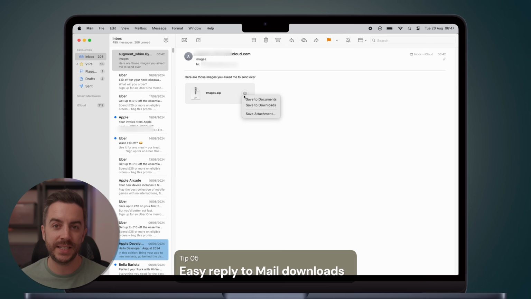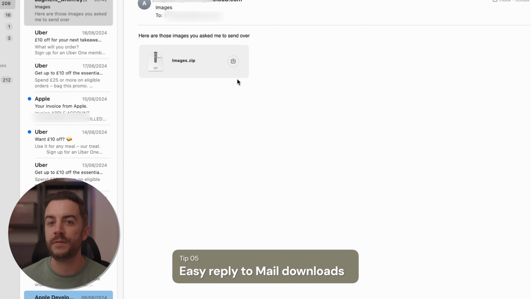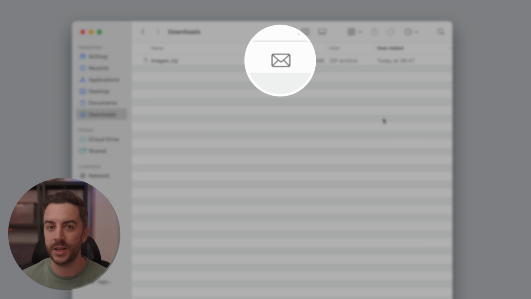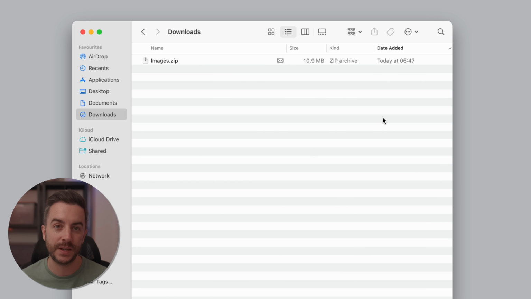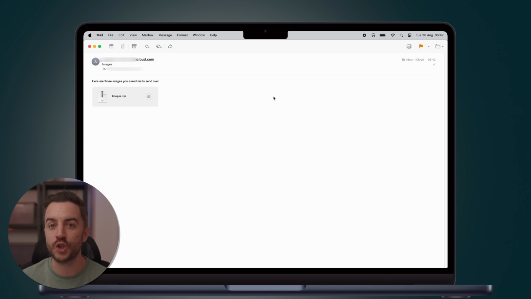If you download an attachment in the Mail app, when you view that file in Finder, you'll notice a mail icon next to its name. This is Finder's way of telling you that this particular file is something that you've received in an email and downloaded as an attachment. If you click on that mail icon, you'll be taken straight to the email that the